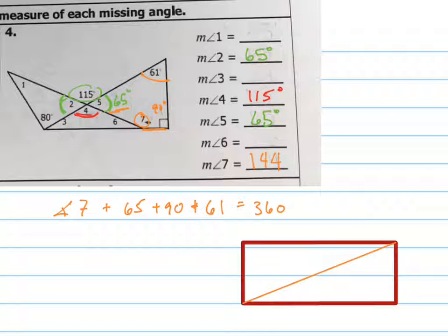So what do you know about this? What is this first triangle? All the angles have to add up to 180. And what is the second triangle? What do all the angles have to add up to? 180. Right, so this is 180 plus 180, and they all equal 360. So what if I had a five-sided